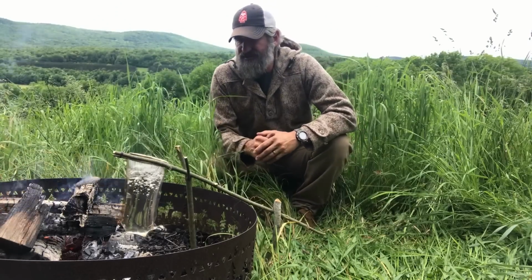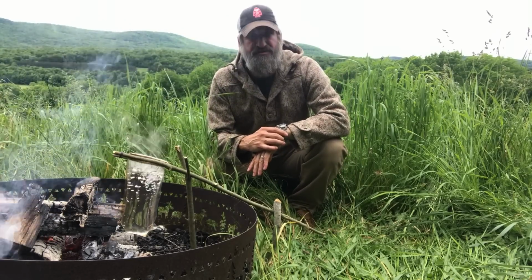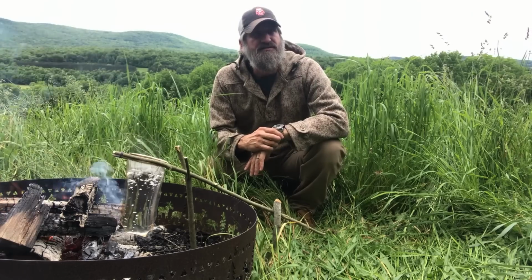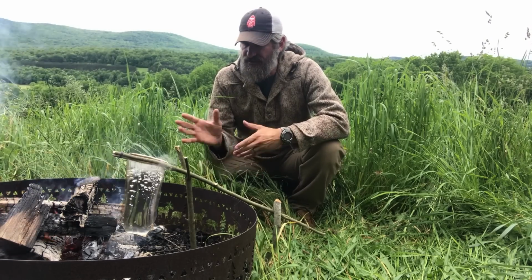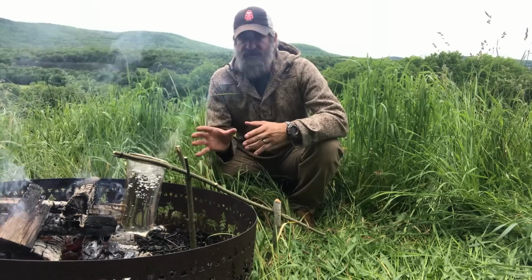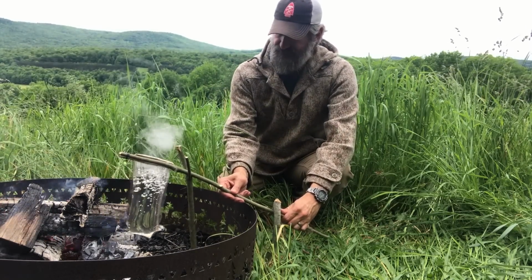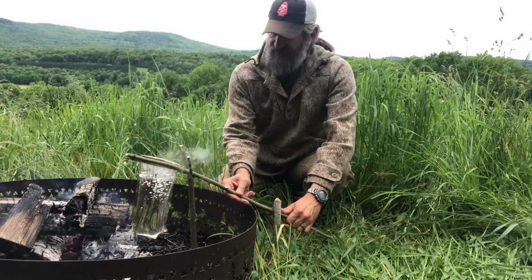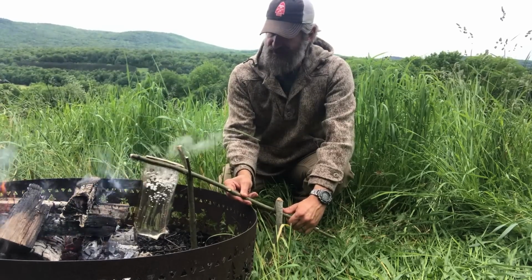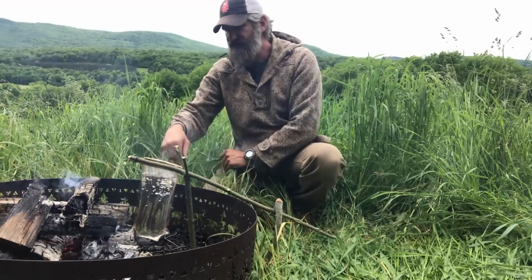Alright guys, as you can hear, she's going like a tea kettle. It is 1413, so 28 minutes, which I could have manipulated the fire a little bit and got it to go faster, but I wanted to kind of maintain the integrity of the time lapse there. I'm just going to take that back just a little, and the edges right here that don't